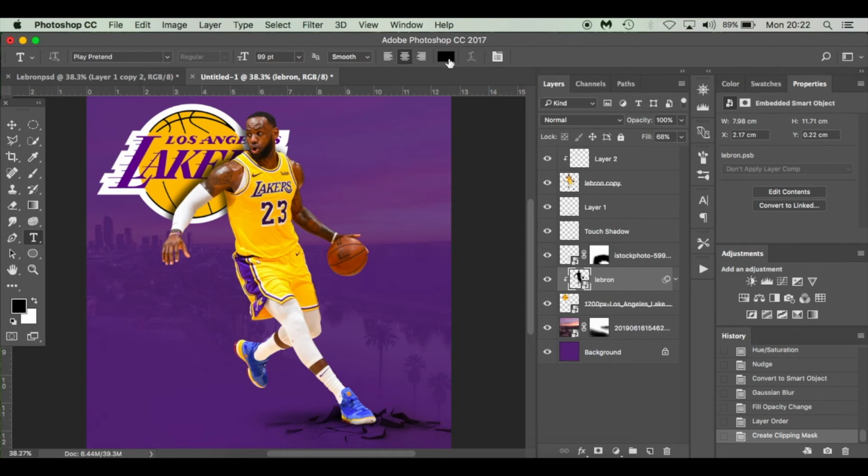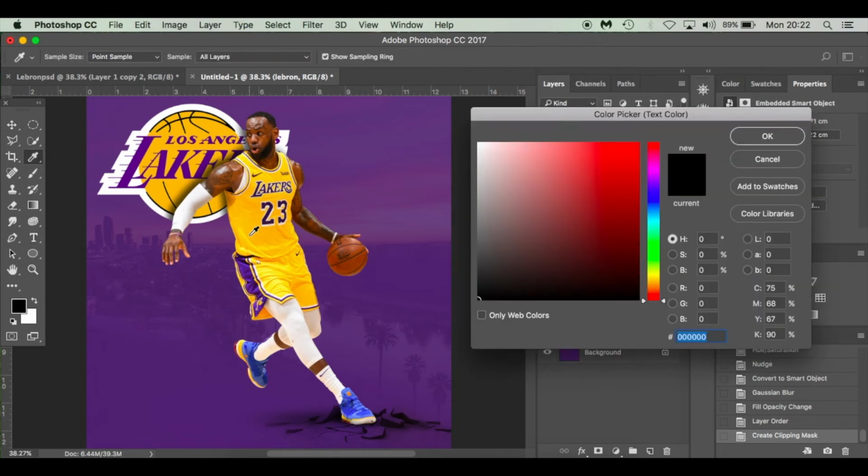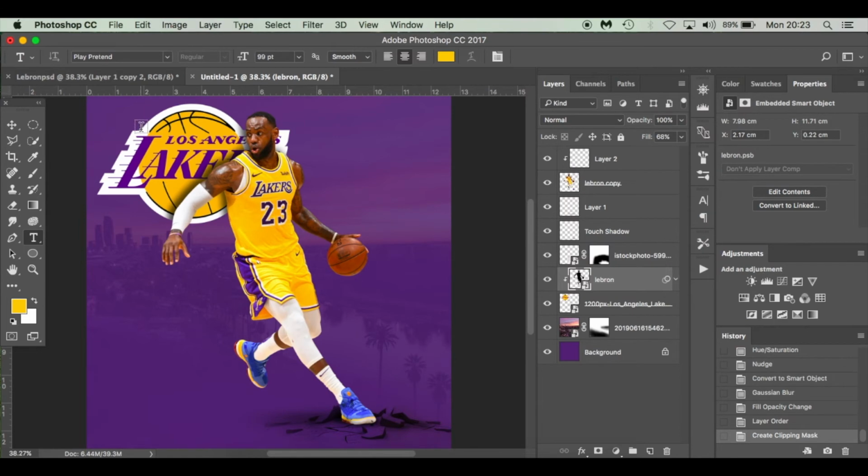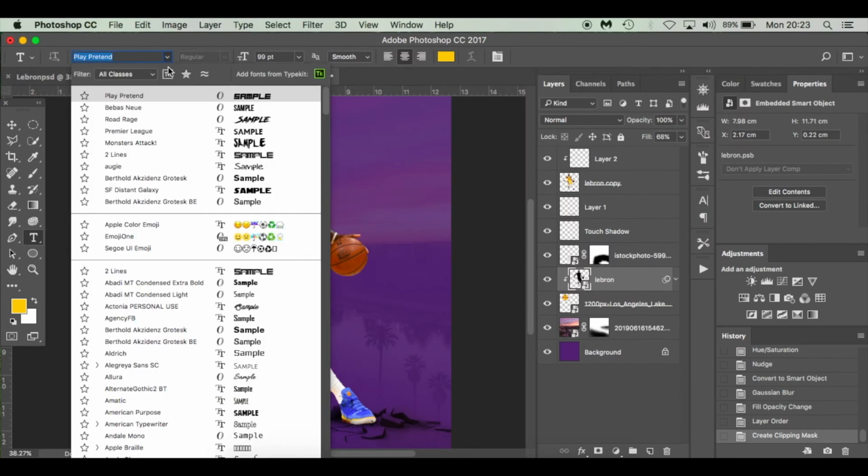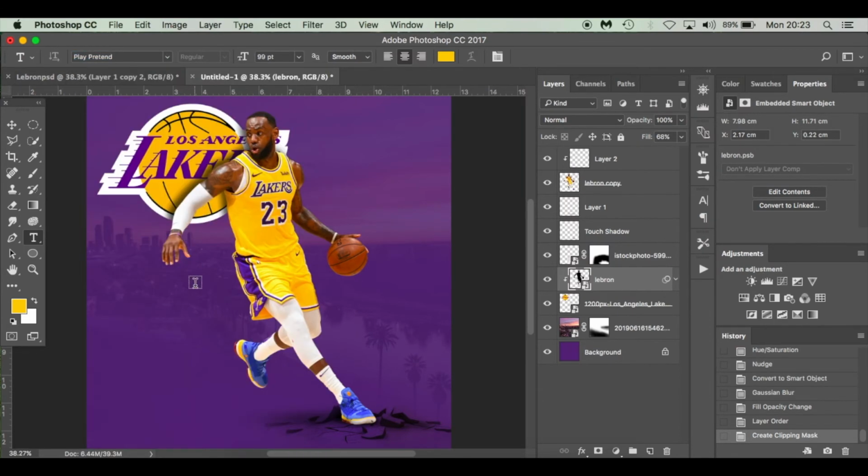So now time for the main event, the text. I'm going to hit T. So the colour I'm using, I'm just going to pick a colour. I'm going to hit the eyedropper tool, and I'm just going to select this colour here. So we've got FEC832. FEC832. I'm going to hit OK. Now I've got a text called Play Pretend. I'll find this on thefont.com, I think I used,